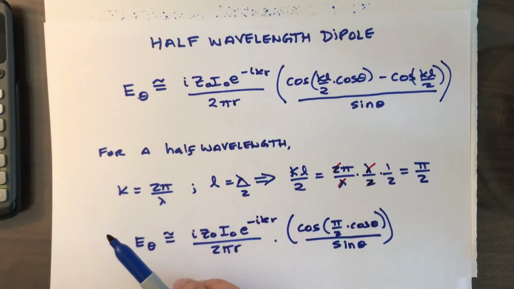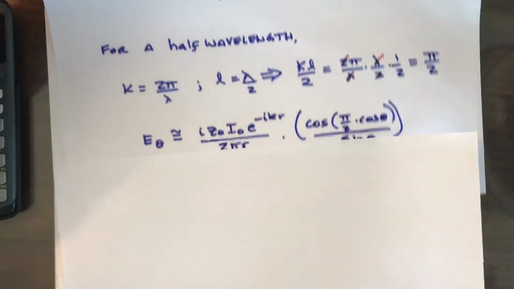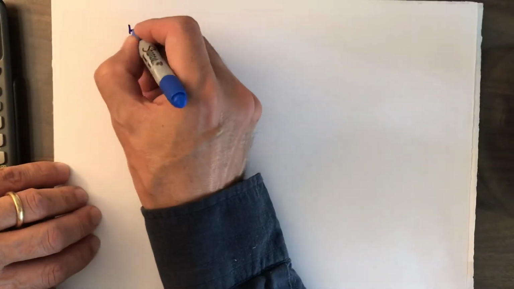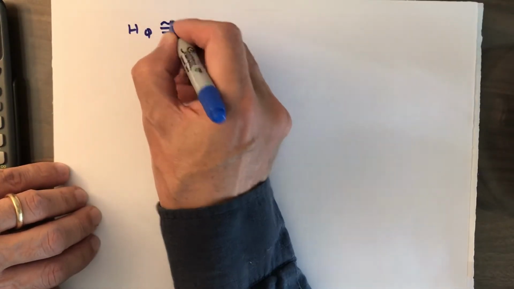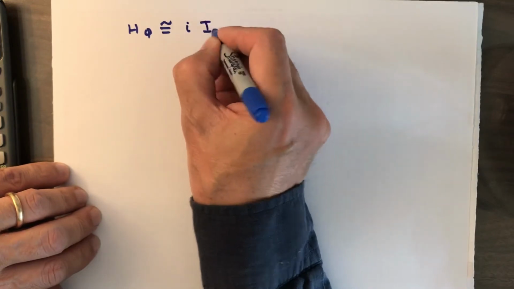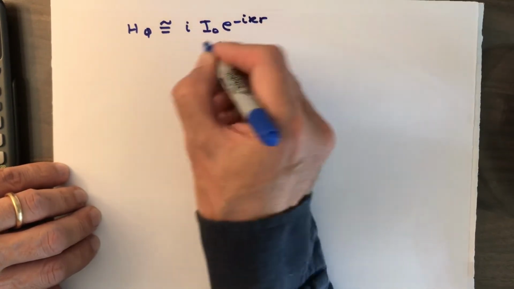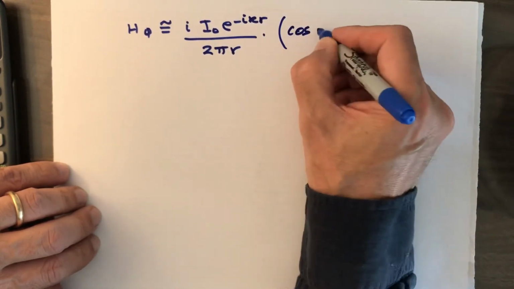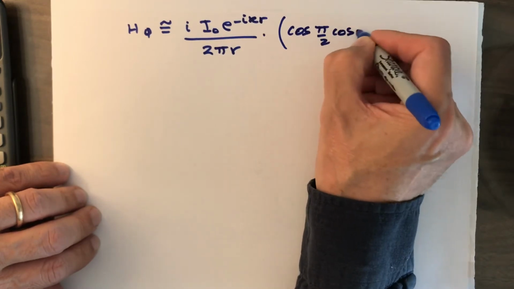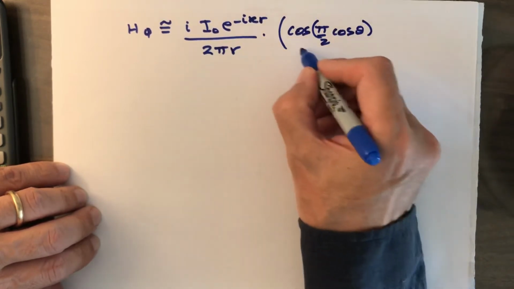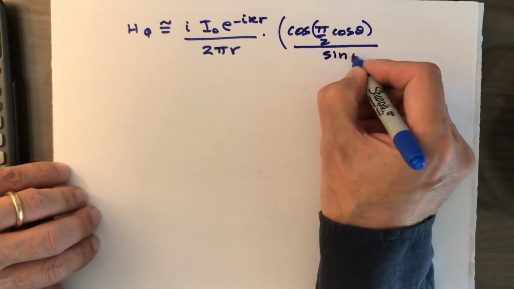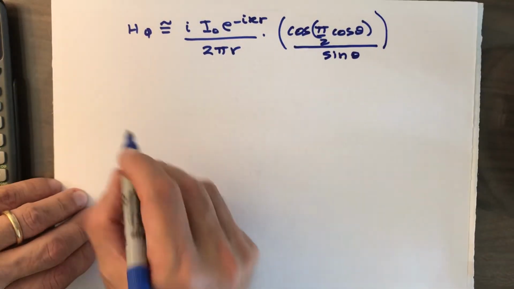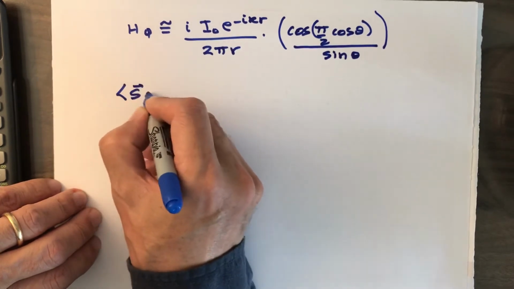Similarly, starting from our value for the electric field, we can come up with the value for the magnetic field to be H phi approximately equal to i times I naught e to the minus ikr over 2 pi r times cosine of (pi over 2 cosine theta) divided by sine theta. So if you remember, we then went to the Poynting vector,